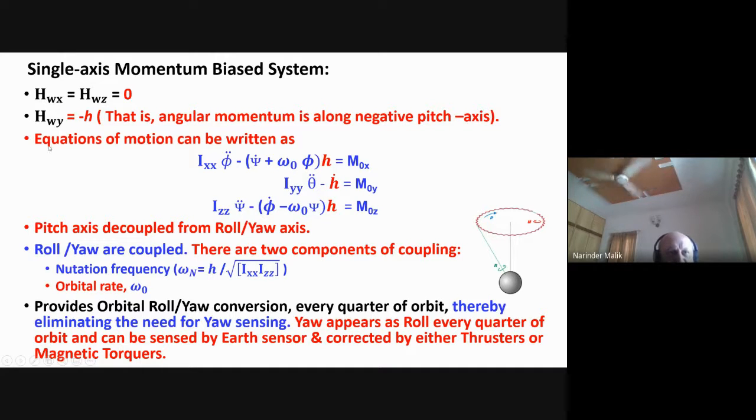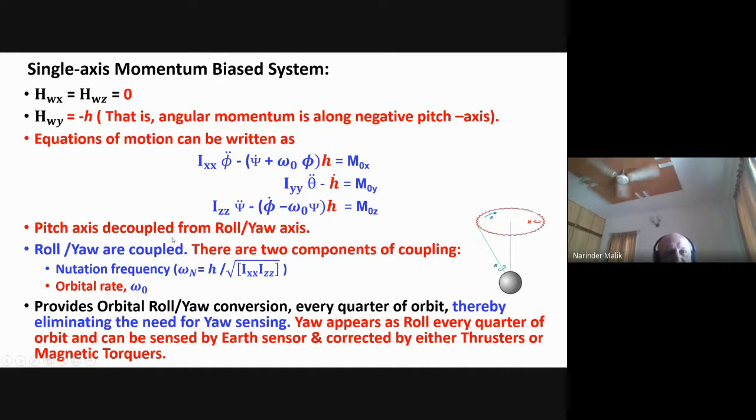This is what is generally followed in the text. Now the equations of motion, after substituting this, become simplified like this. Here again, h dot is the rate of change of h, the angular momentum of the pitch wheel, which will provide a control torque. And because of the large angular momentum h, the large gyroscopic stiffness, the motion about the roll and yaw axes will be constrained.